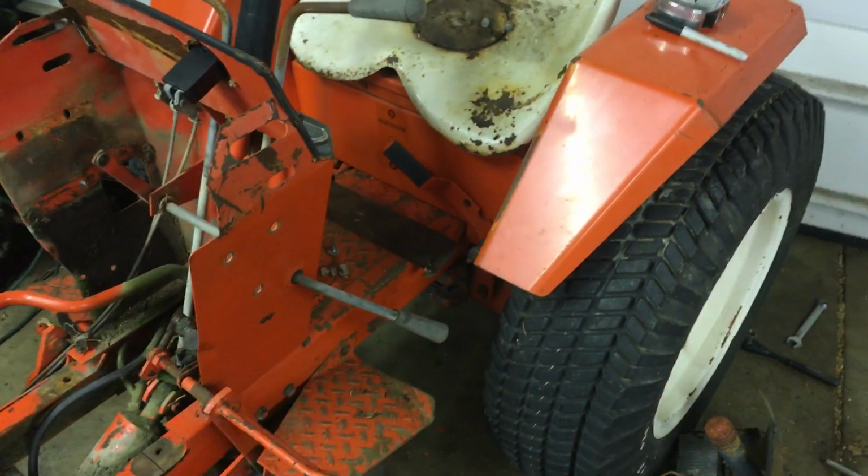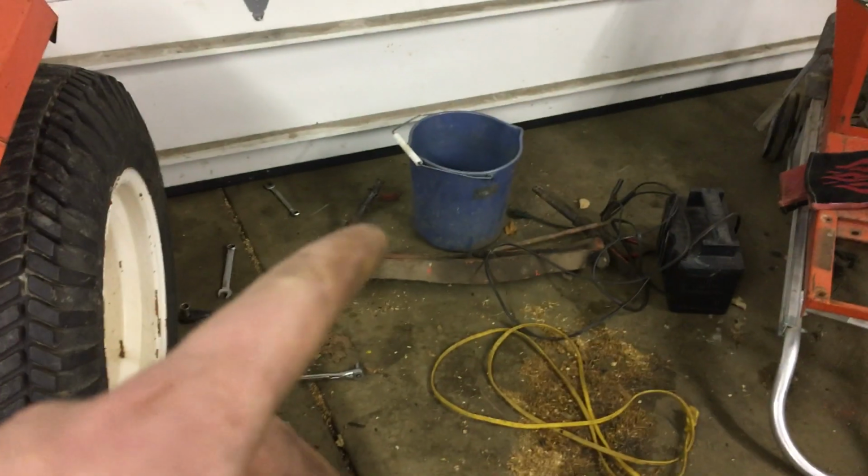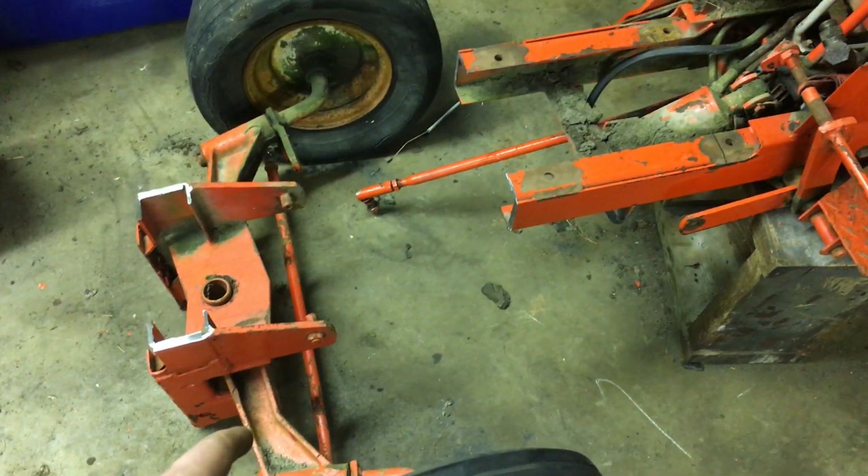But with that being said, I also have rear wheels on the tractor now. I have a hydraulic oil cooler. And I have a non-bent front axle. Being that this front axle is bent,